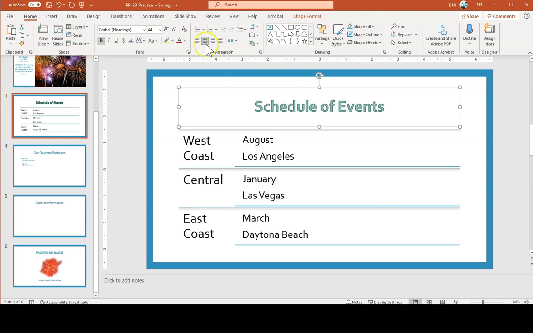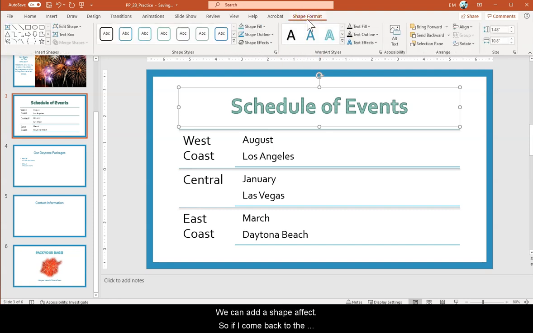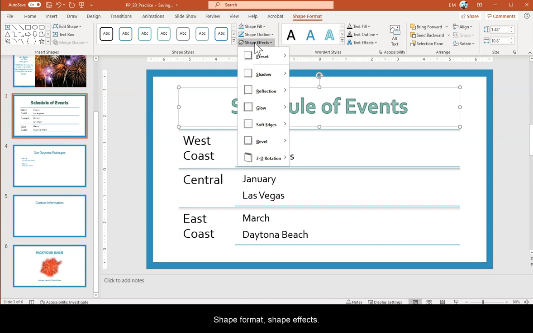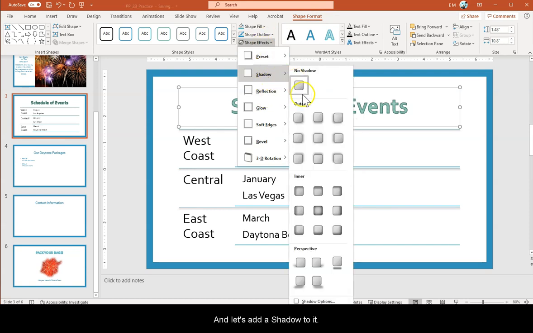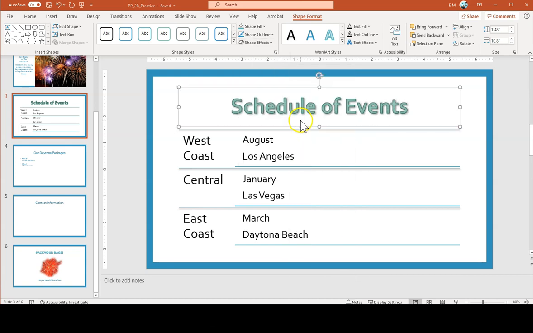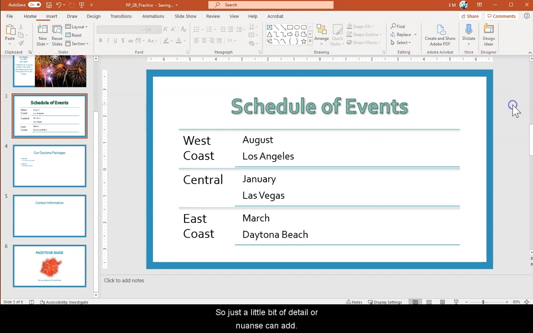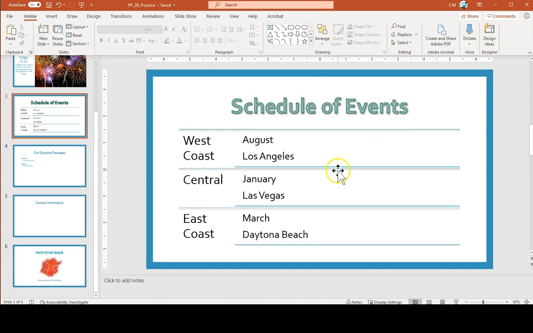There we go. We could also increase the font. So I'll say 60. We can add a shape effect. So if I come back to the shape format, shape effects, and let's add a shadow to it. So I'll do one of these outer shadows, and you'll see there's a little bit of shadow behind all of the words. So just a little bit of detail or nuance you can add. Okay. All right, and now